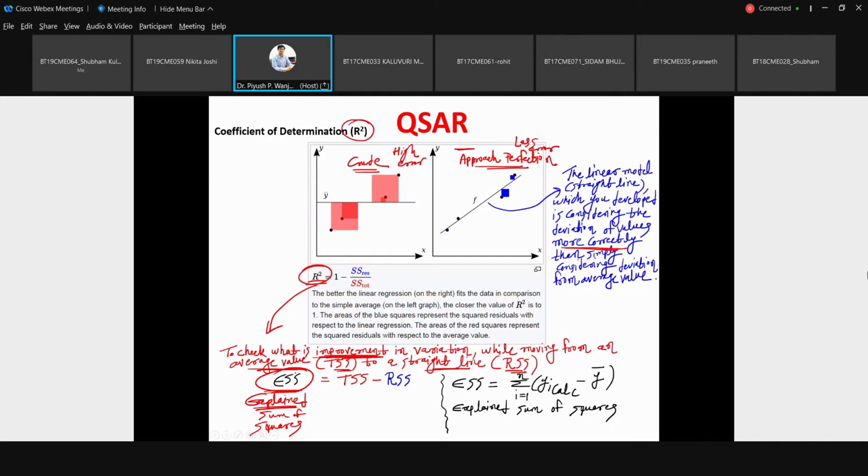The more the value of ESS, the better the fitting. You can have another model for this and compare again. If very little error is coming compared to this, then the difference will be even bigger, and if the difference is bigger, the R square shows even more improvement, so that is an even better fit that you can consider.